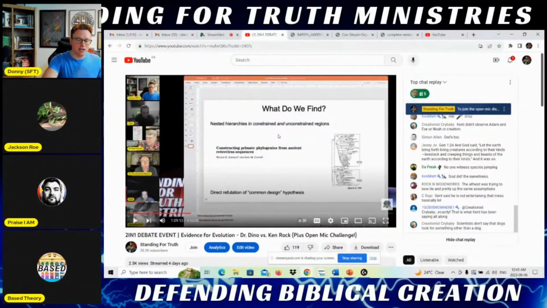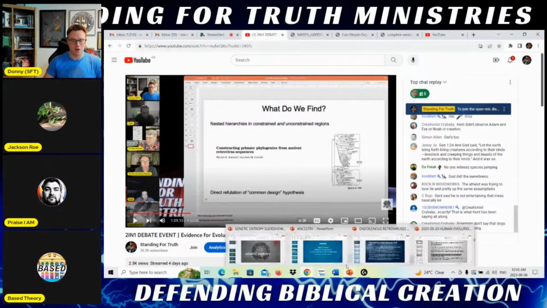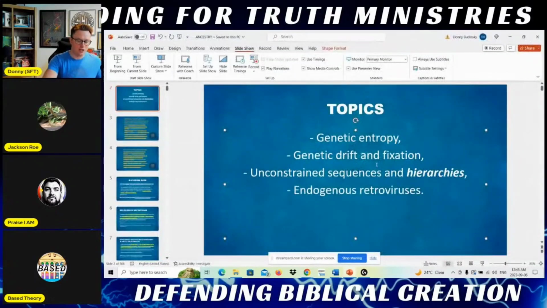Nested hierarchies in constrained and unconstrained regions. Apparently, it's a direct refutation of the common design hypothesis. I had a lot of fun discussing this particular issue. So, Grayson, Jackson, anybody who wants to discuss this particular argument or challenge, you're saying that, according to the